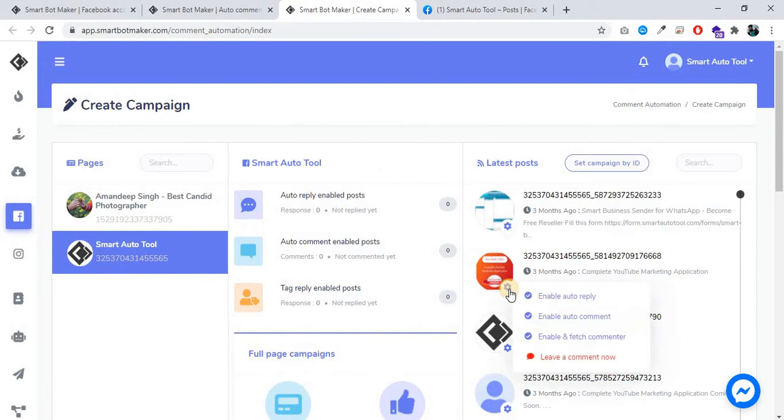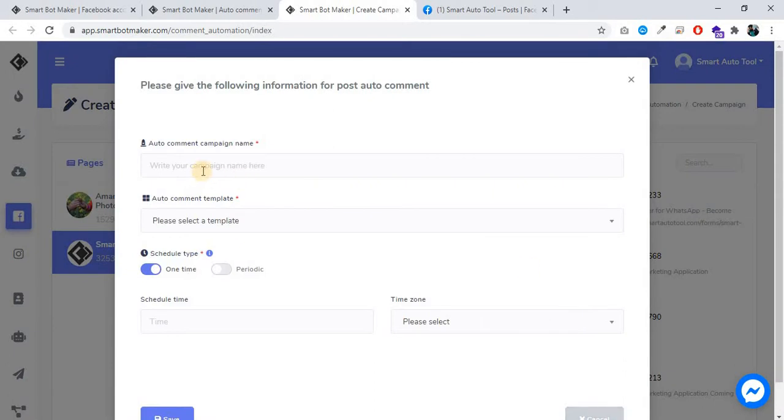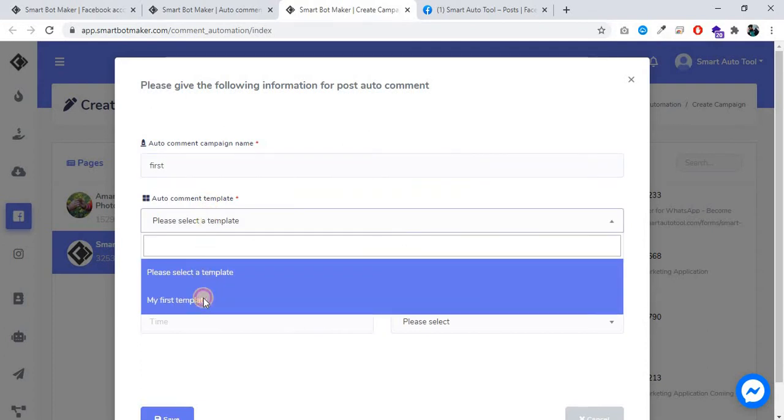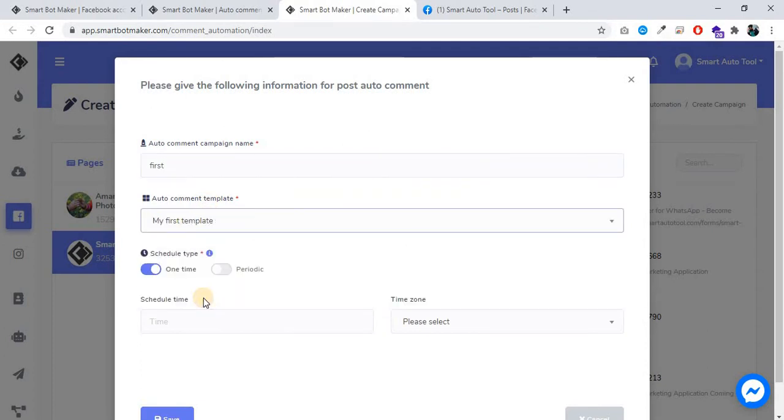Now go to the gear icon, enable auto comment. Write your campaign name, select the template, schedule type one time or periodic.